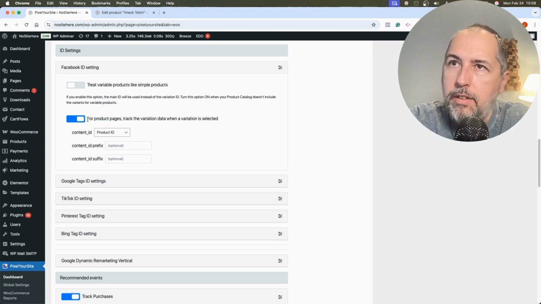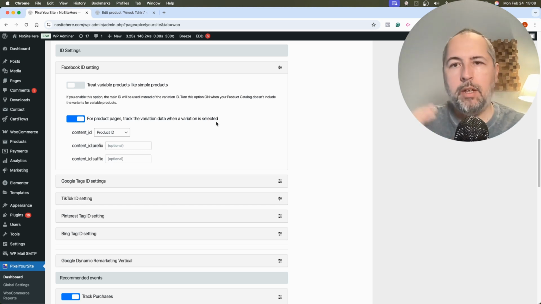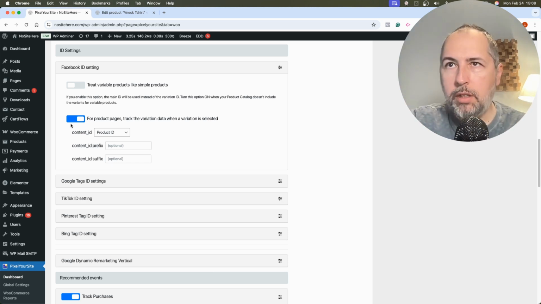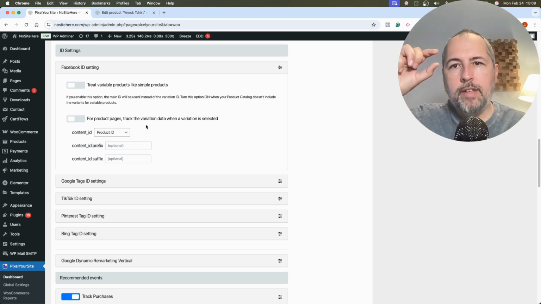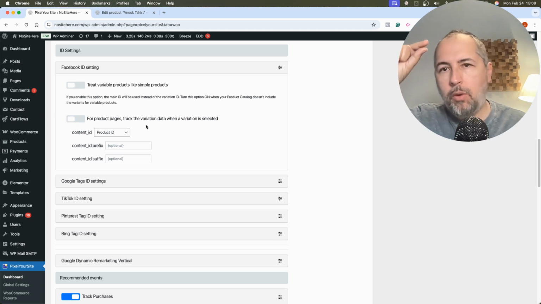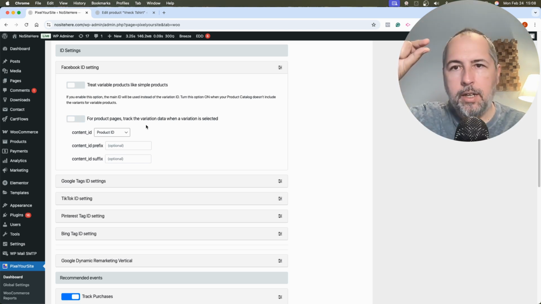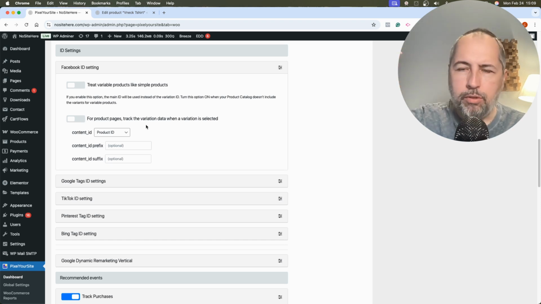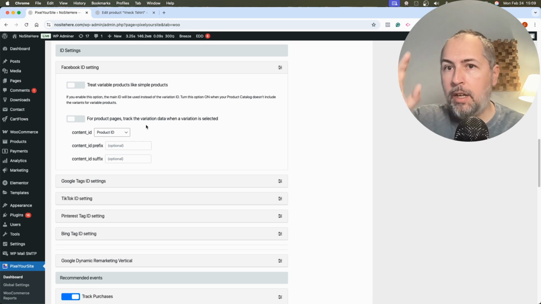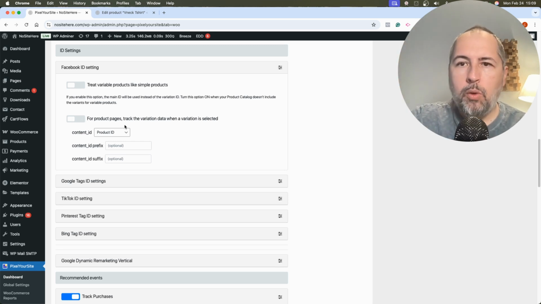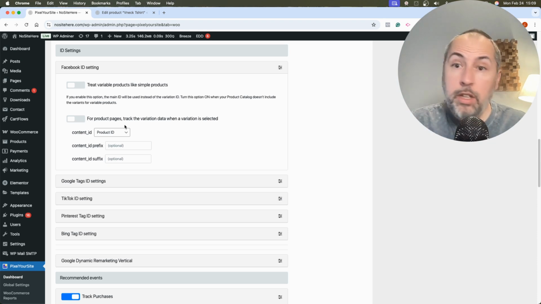And here there is this toggle for product pages, track the variation data when a variation is selected. What does it mean? So by default, with this option turned off, we will send the parent data when we track a variable product page. So this is usually an event called view content or view product for some other tags. So this event, with this option turned off, will track the parent data, which is fine because